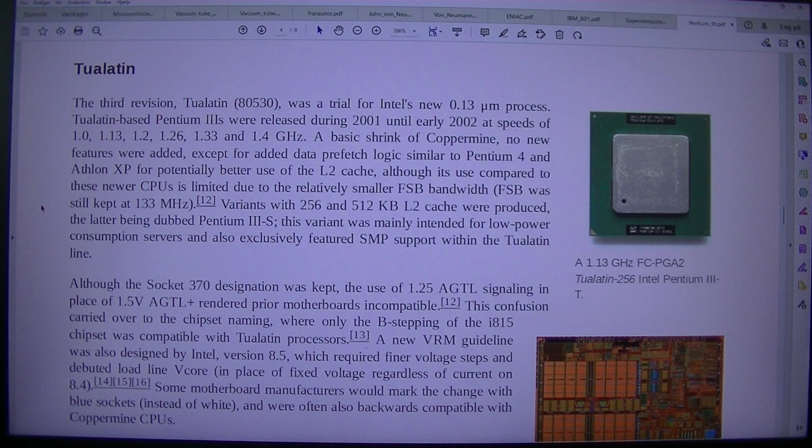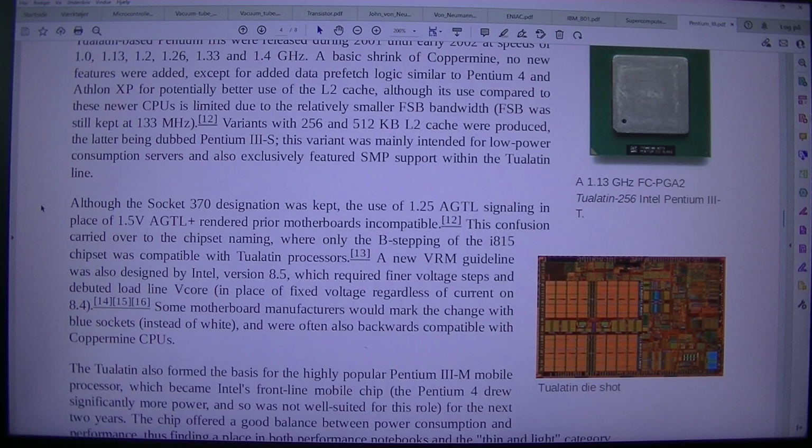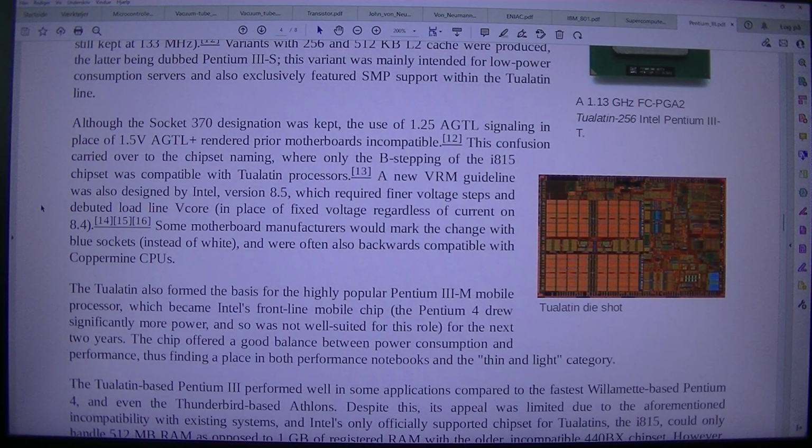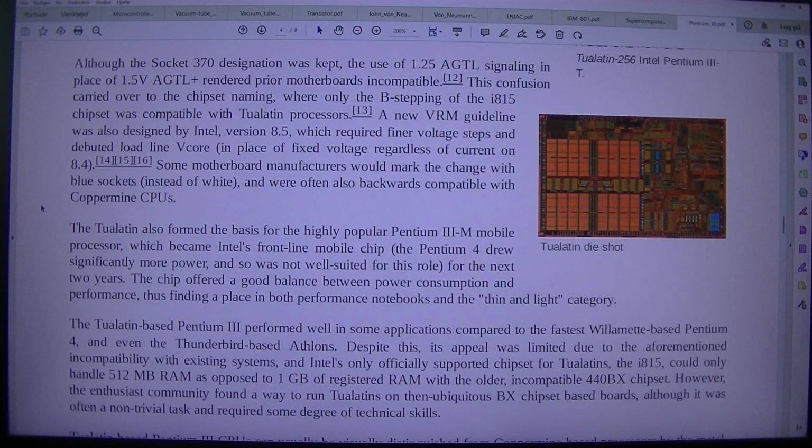Variants with 256 and 512 KB L2 cache were produced, the latter being dubbed Pentium 3S. This variant was mainly intended for low power consumption servers and also exclusively featured SMP support within the Tualatin line. Although the Socket 370 designation was kept, the use of 1.25 AGTL signaling in place of 1.5